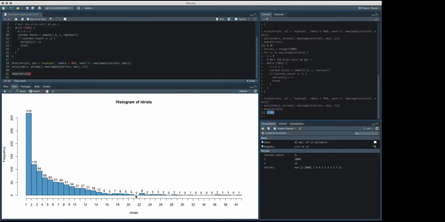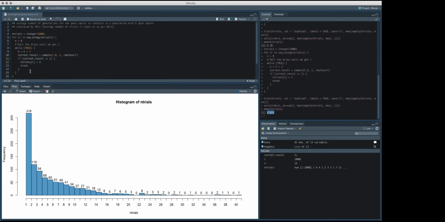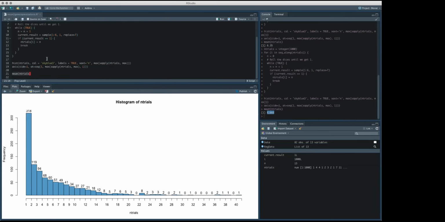So again, this is a very nice way of showing how the geometric distribution works, again, the mean of the geometric distribution is just the inverse of the probability of the event you're waiting for. All right, and this nice die simulation actually proves that. So we have a 6 sided die, we have 6 gene copies in the population, and this actually shows us the average waiting time for any of those 2 gene copies to coalesce is just the inverse of the number of gene copies. Okay, so it will take us on average 6 generations for any of those 2 gene copies to